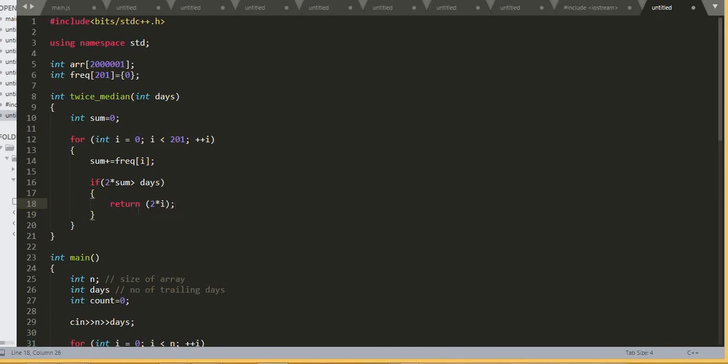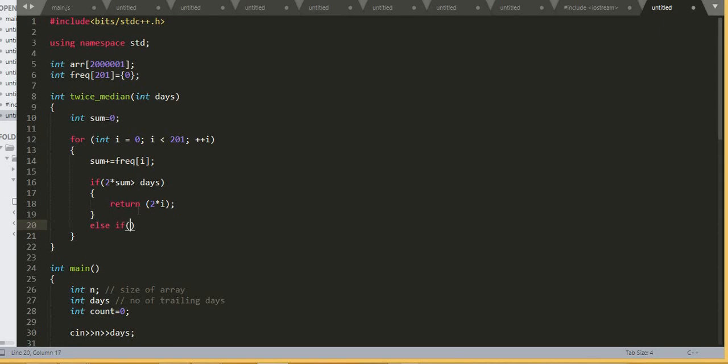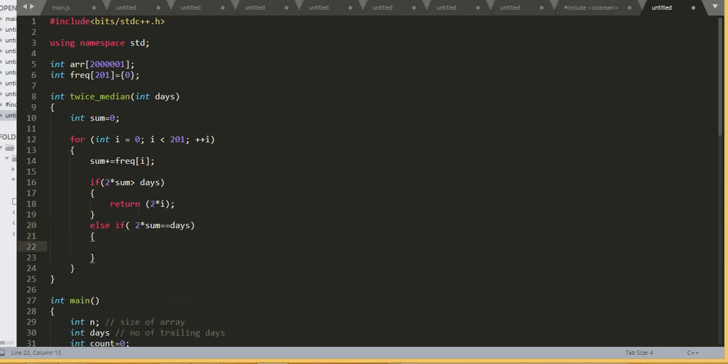Okay, and else if twice of sum is equal to days, in this case what I am doing is taking a for loop, initializing it with j as i plus 1, no end condition.